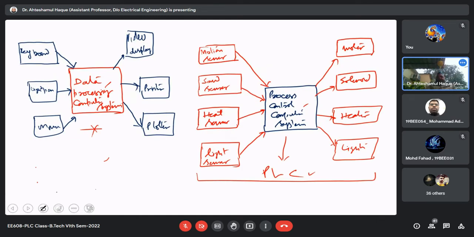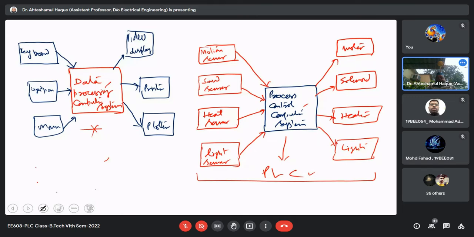अब देखिए, बहुत डिफरेंस है नॉर्मल कंप्यूटर में और पीएलसी में। ये इनपुट पर आप देख रहे हैं, डेटा प्रोसेसिंग सिस्टम है, और इसमें इनपुट पर आपका कीबोर्ड होता है या पेन होता है या माउस होता है, जैसे अभी हम यूज कर रहे हैं। देन एक डिस्प्ले होता है, प्रिंटर होता है, प्लॉटर होता है। ये चीजें होती हैं नॉर्मल कंप्यूटर सिस्टम में। बट देन इन पीएलसी, although you have a CPU, although you have an input output device, but